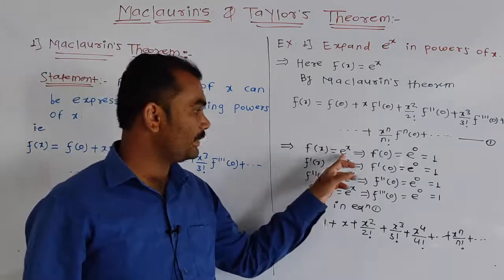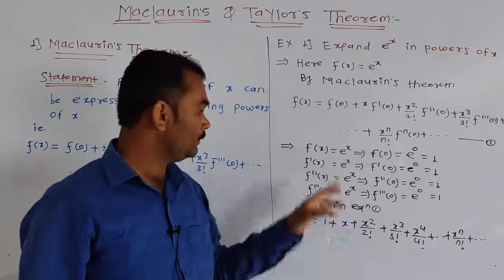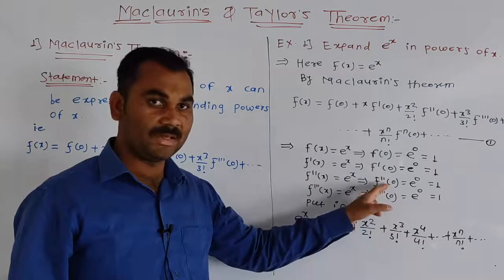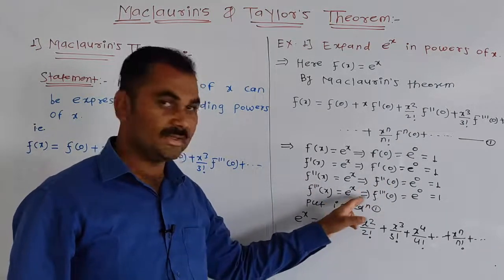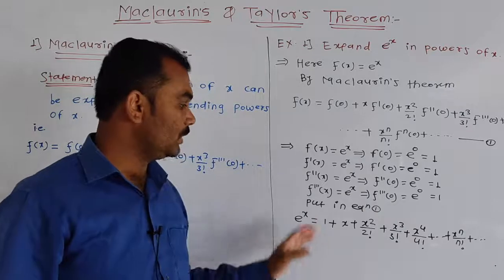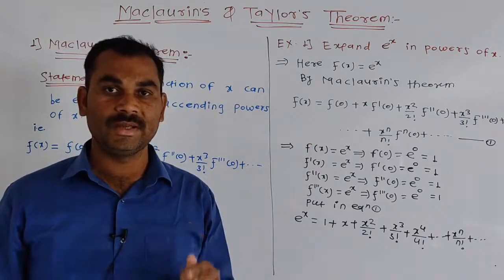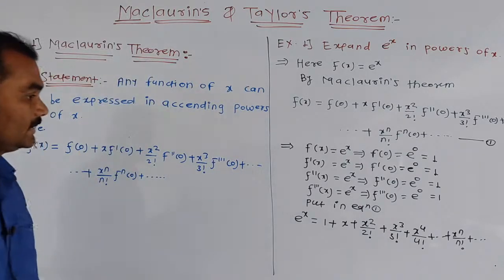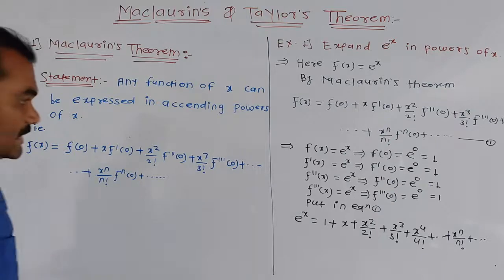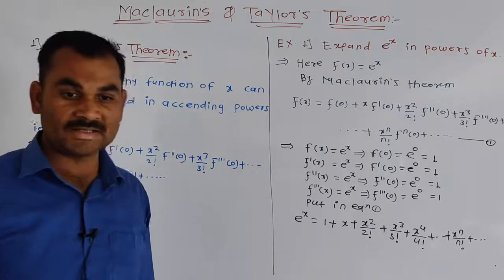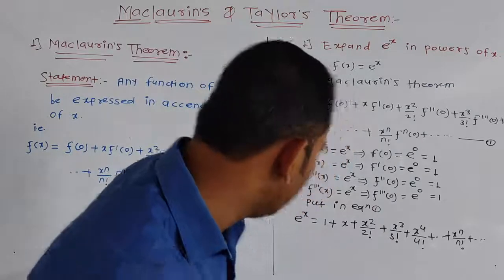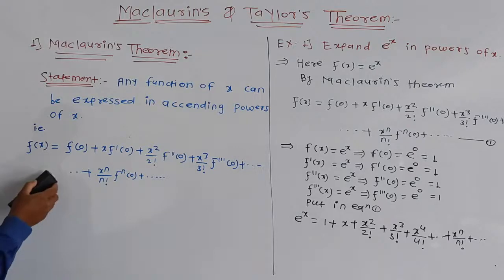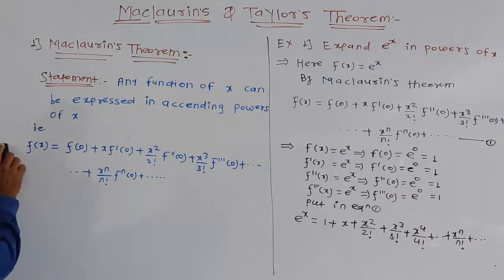Then find the value of f of x, also f of 0, then f dash of x, then f dash of 0, then f double dash of x, then f double dash of 0, then f triple dash of x, then f triple dash of 0. Then put all these values in equation first, we get the required expansion. Okay, now I will write some important series directly. This is your expansion of e raised to x, and this is the statement of the theorem.